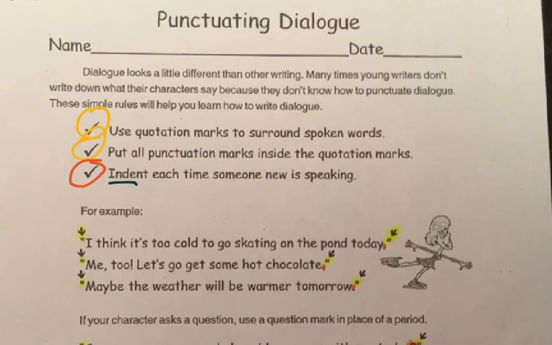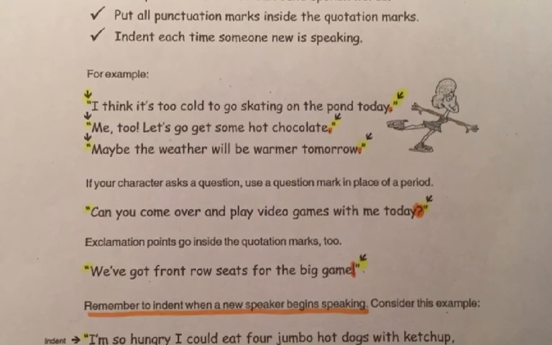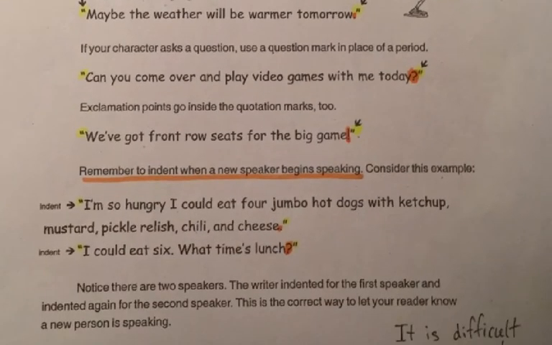I like this side of your notes because it has little arrows that point out the punctuation that they want you to be noting. So we have our quotation marks starting, quotation marks ending, and all I need you to note here is that the end mark, which happens to be a period in this situation, goes before the quotation marks. All right, easy enough. Now let's look at some other ones. Down below here, we have an example of a question mark and an exclamation point. They're going inside the quotation marks as well. All end marks inside the quotation marks.